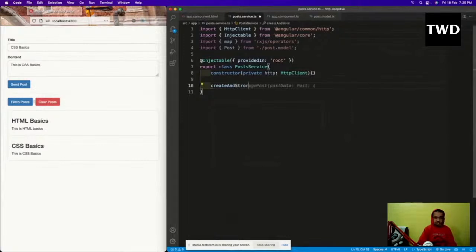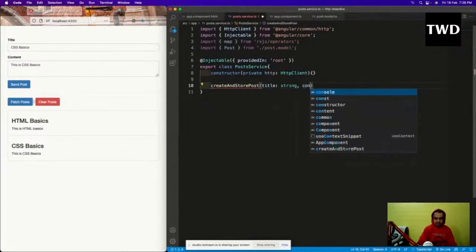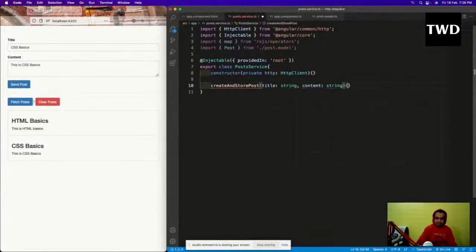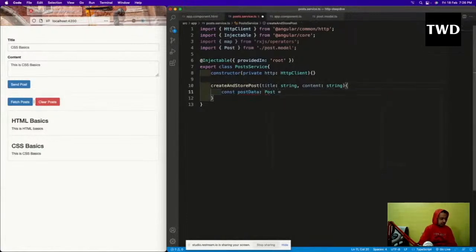store post, like title is a string, comma, content is a string, and then const post data is of type post, equal to title and content,